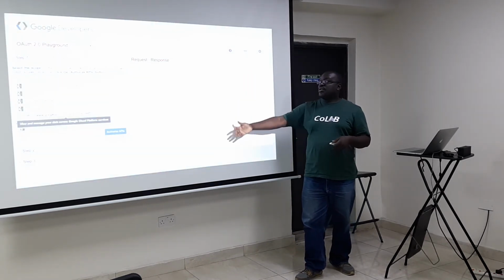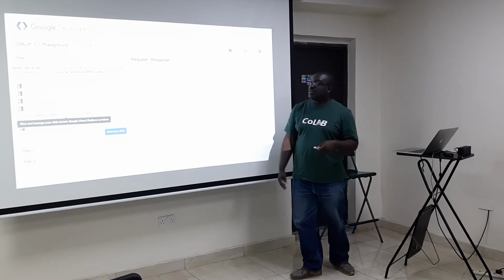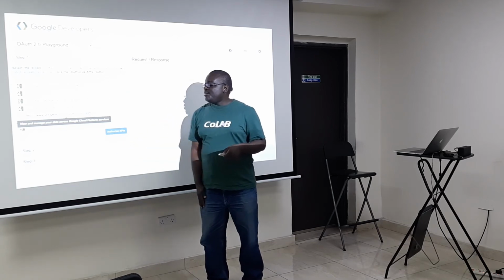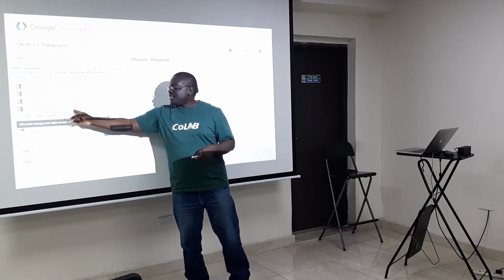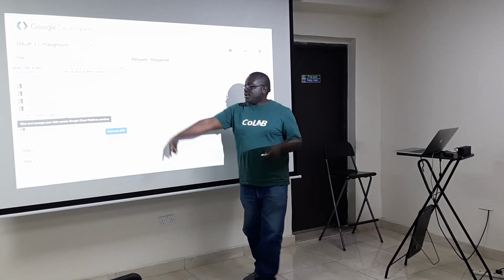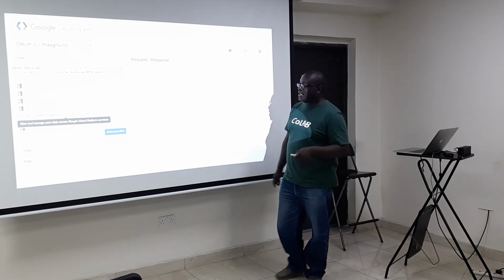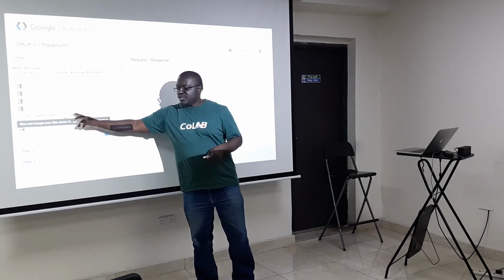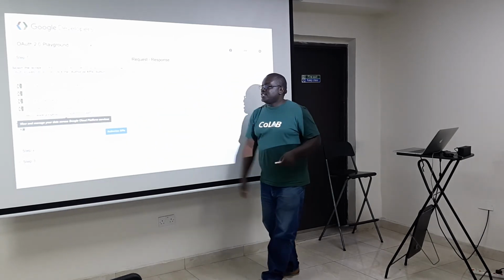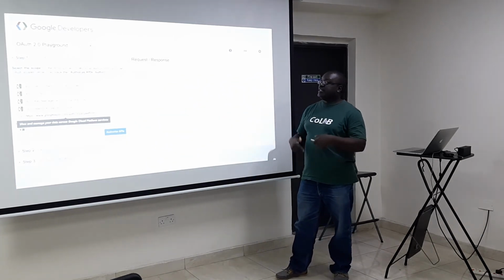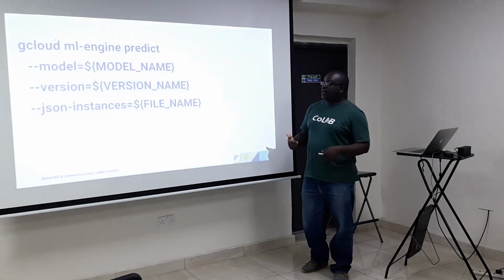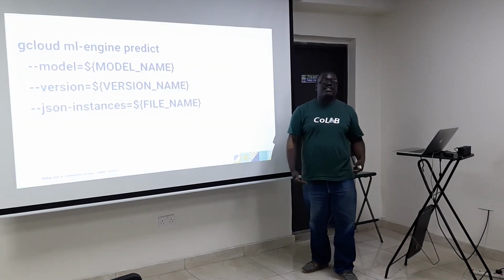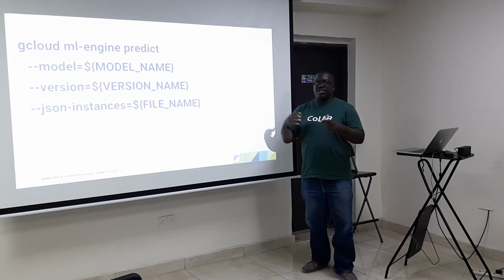And so this is what OAuth Playground looks like. Step one, you need to select and authorize an API. There are all sorts of APIs, but you can see here we have Cloud Machine Learning Engine version 1. Once you select that, it will open up, and then you can choose the only thing that is there really, and say authorize APIs. It will then open up an interface for you to provide authentication and then to give you credentials.